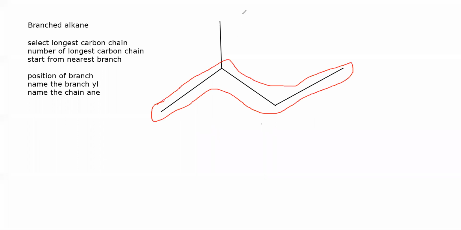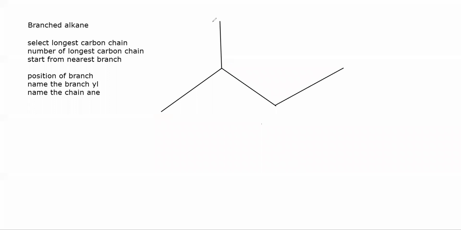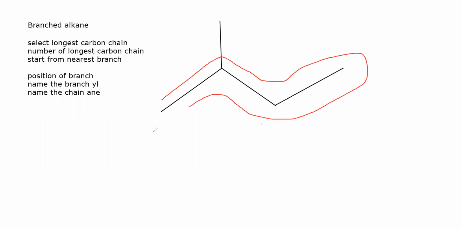And the name will be the same. It will not make a difference to the name as well. I can select this as my chain as the second. So in both cases I have 4 carbon atoms. It will not make a difference. I selected this chain. Then what we have to do: select the longest carbon chain, then number the longest carbon chain